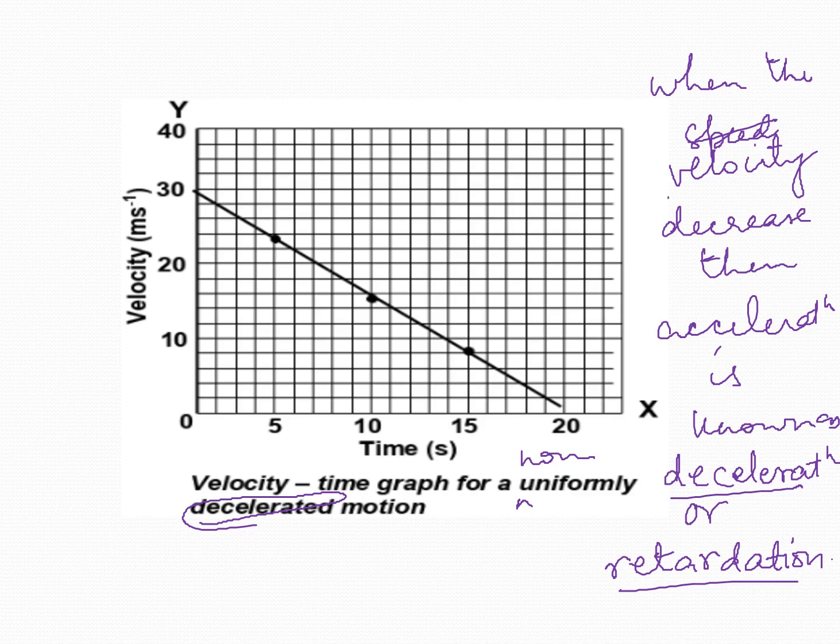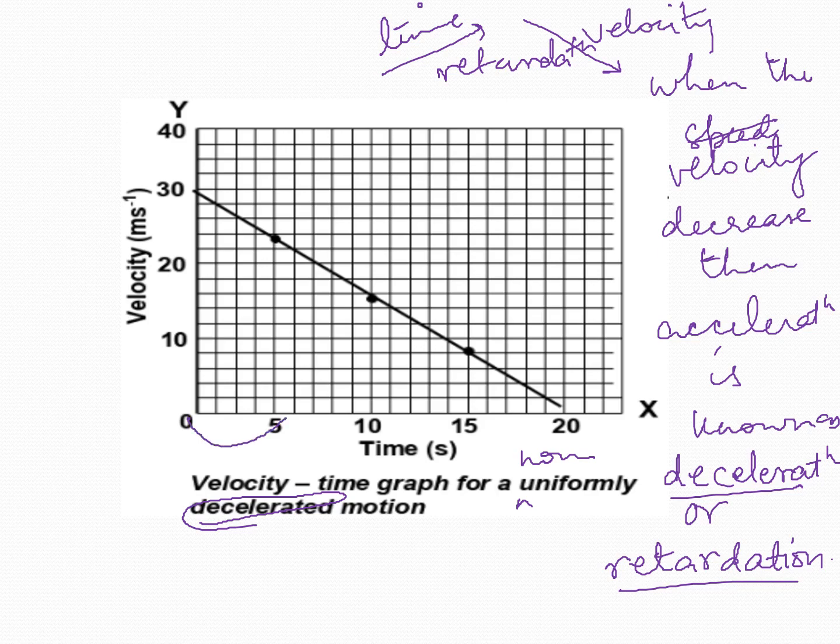You have to keep in mind that when time is increasing, if the velocity of the object is decreasing, then you will say that retardation is happening. Now here it is actually non-uniform because in equal intervals of time the velocity is changing at a different pace. If you consider different points, it is not the same. So a straight line everywhere doesn't mean it is changing with uniform acceleration.